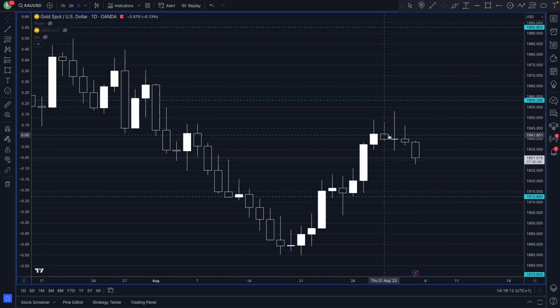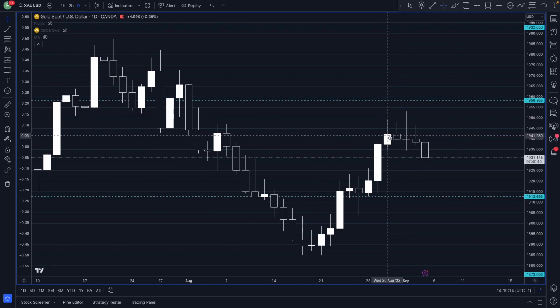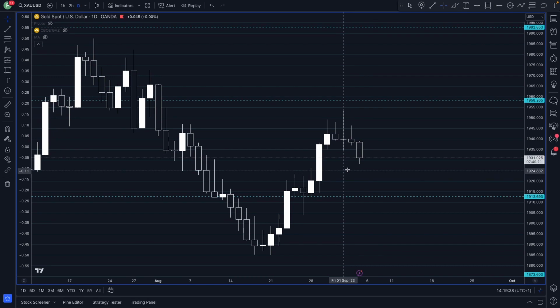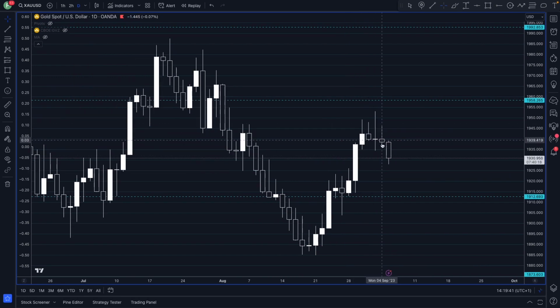So what you can do is combine major news releases with key candlestick patterns. So today, in this contemporary example, on Tuesday, the 5th of September, tomorrow we've got some very important data due out for the US. And if that data disappoints to the downside, then you'd expect gold to gain. But if the data comes in much firmer than the markets are expecting, then you would definitely expect more downside in gold, because in the current context, you'd expect dollar strength, yields to gain, and that should naturally weigh on